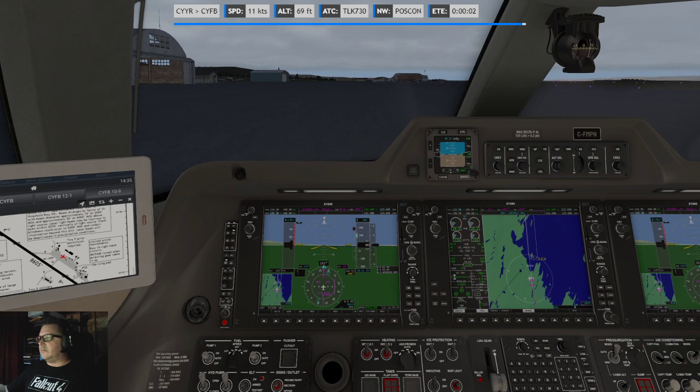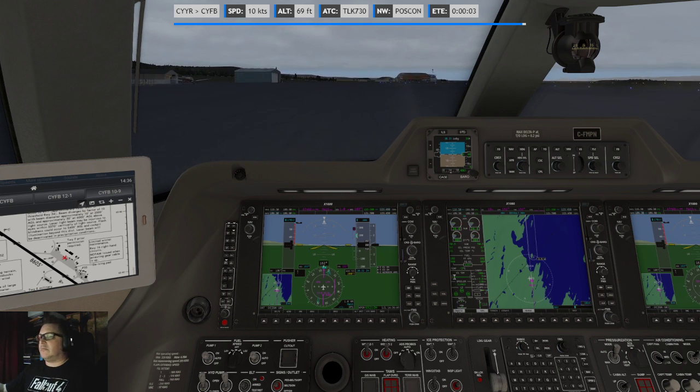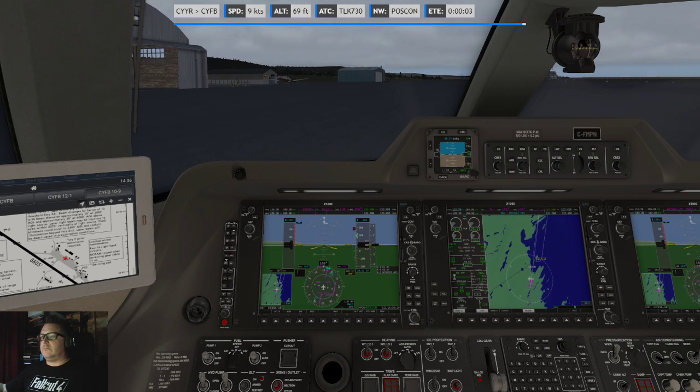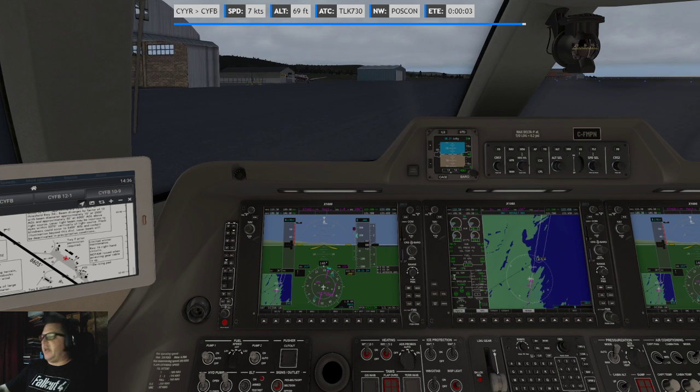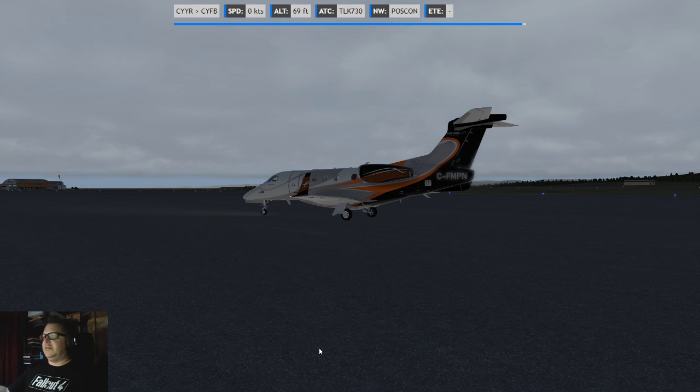Wind shear, wind shear, wind shear. Wow. Alright, I'm gonna... Alright, drop the anchor right here. Too bad. Man, wind shear, and I'm basically here.